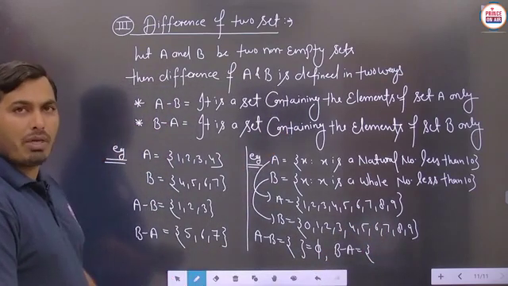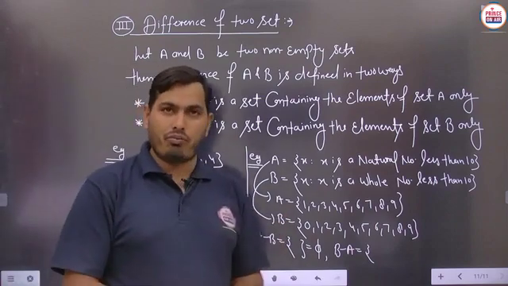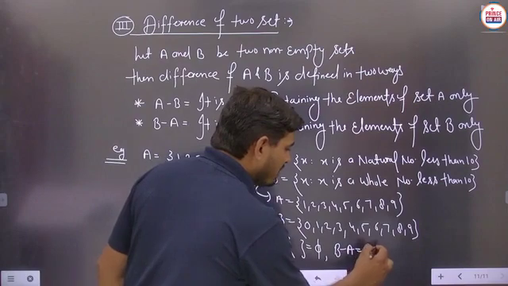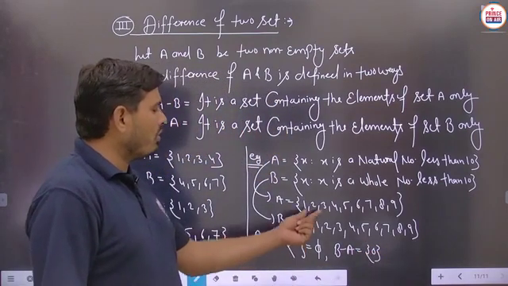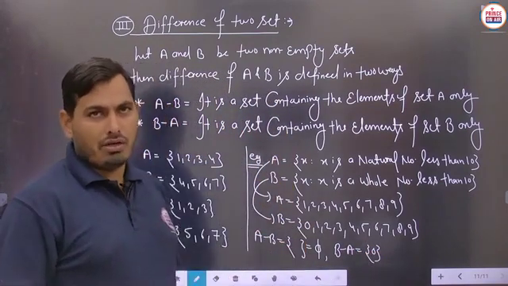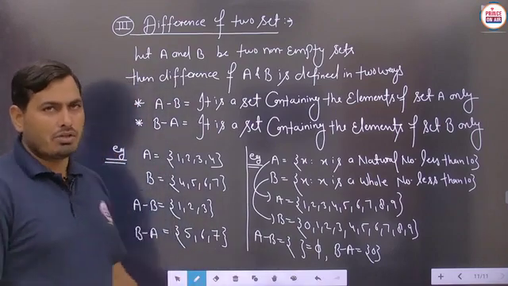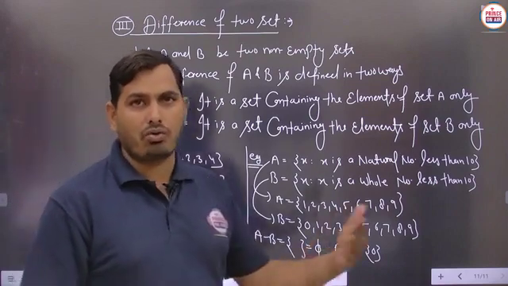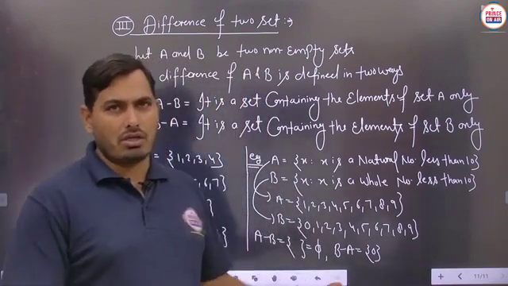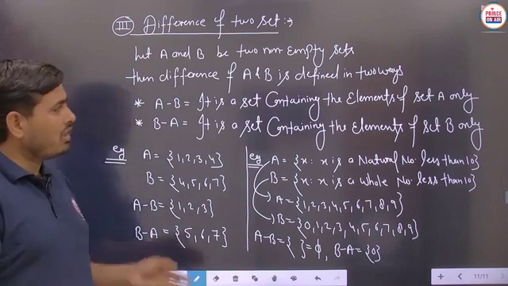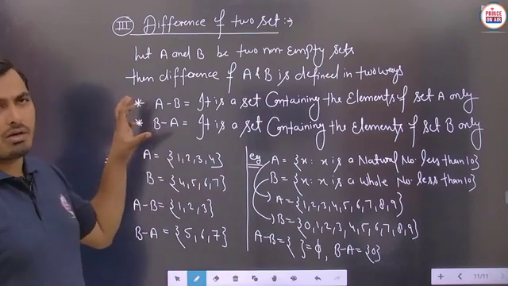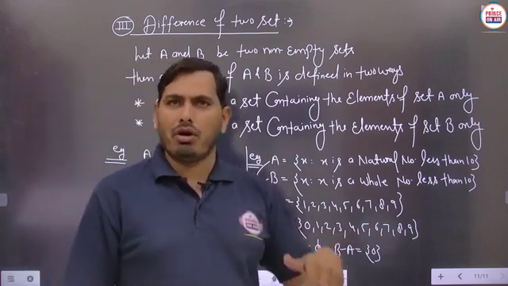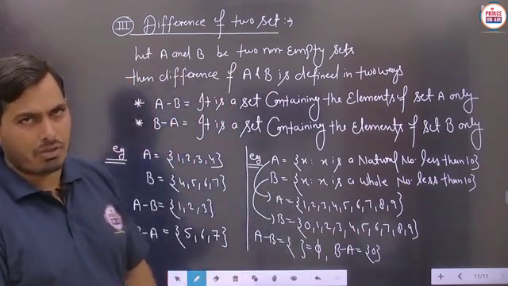In the case of B minus A, we will write only the elements of B. No element of A will be written here. So here we have to write the element 0, no problem, because this 0 is not an element of A. So student, in such examples, you can see how A minus B and B minus A are both calculated. This is very important. So easily you can obtain the basic idea behind the difference of two sets. Either A minus B or B minus A you can take, no problem. Is it clear?